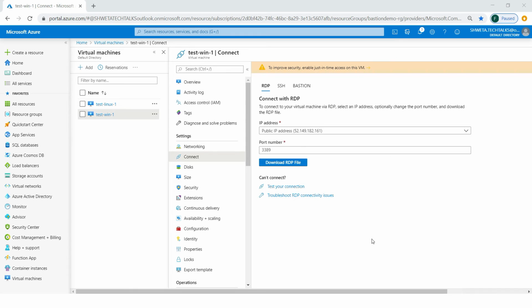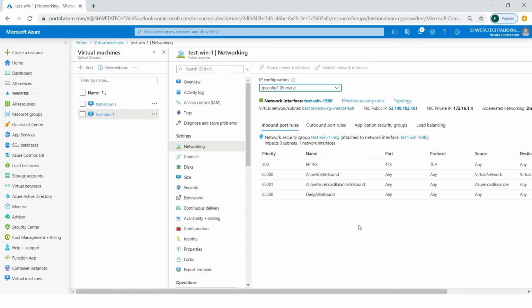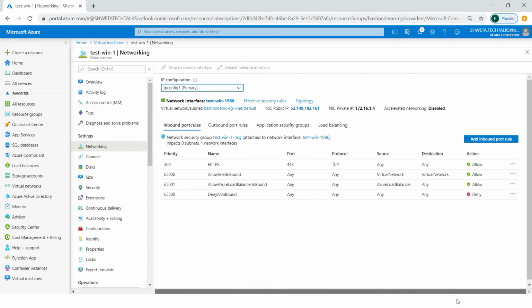So still I am not able to connect to it, obviously, which means that the particular port number may not be available. So let's go back to the networking option. And we see here that the port 3389 is not allowed. So let's go and add this port number.